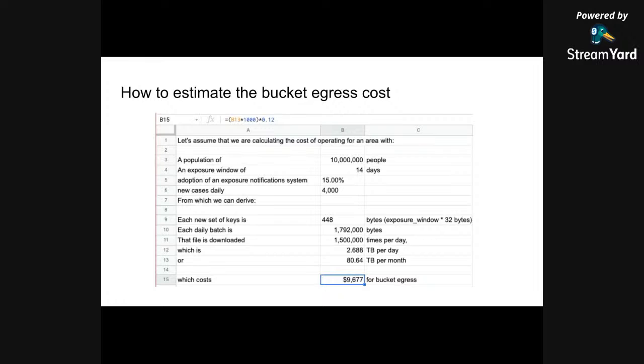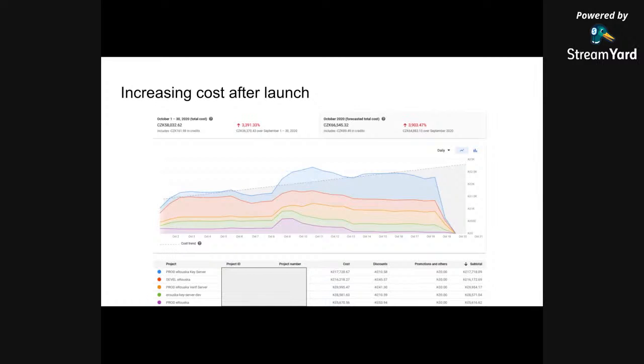But from this kind of thing, I wanted to say that you can really see that the final cost is going to be derived from the underlying data types, the exposure window, and also things like the population. You probably don't want to reduce the population, even though you're sort of doing that right now. But these are all the things that are going to help you calculate the cost for the egress. Of course, there is fixed egress for the amount of data that you pulled out of it above some free tier and so on. So